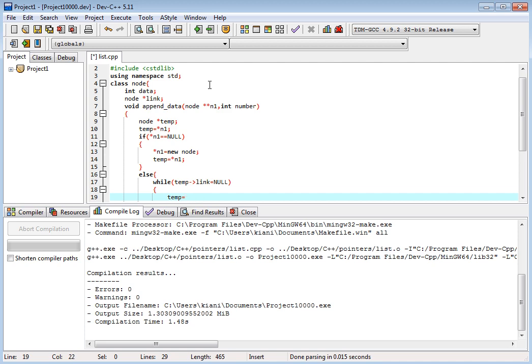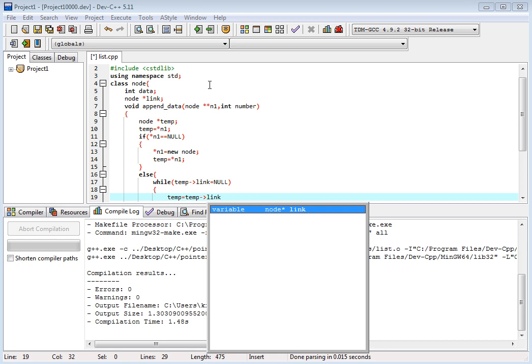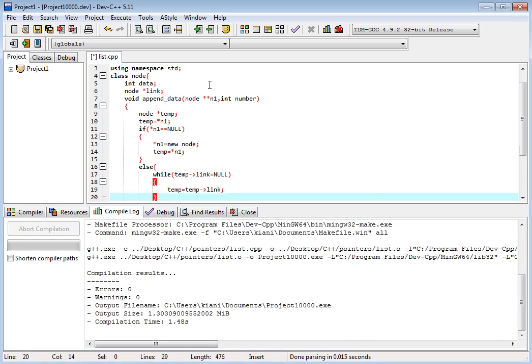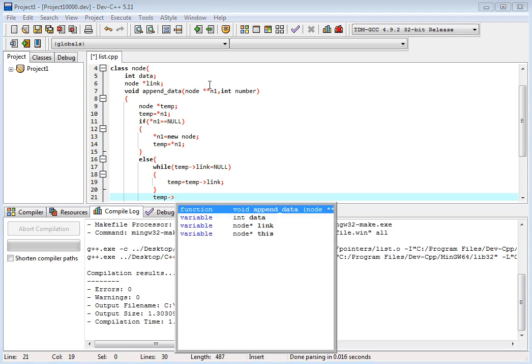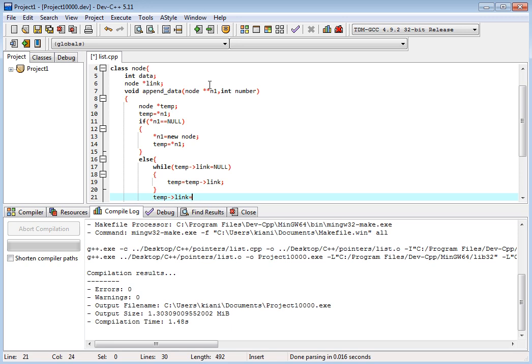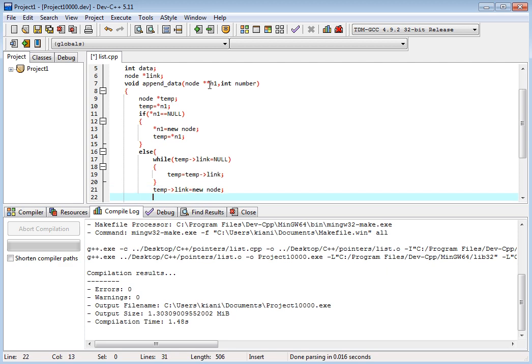Temp will hold the temp link, this is inside the while. Now we have temp link of temp is equal to new node, this is the else part.